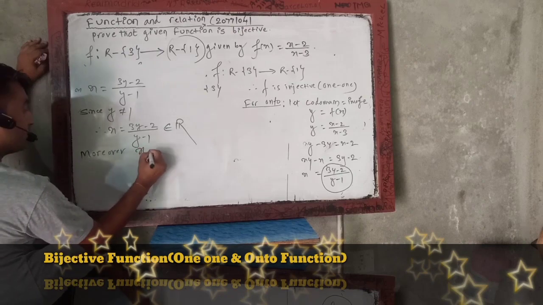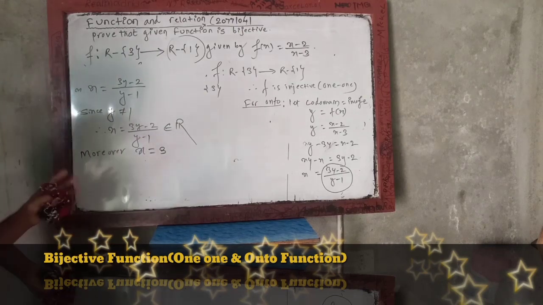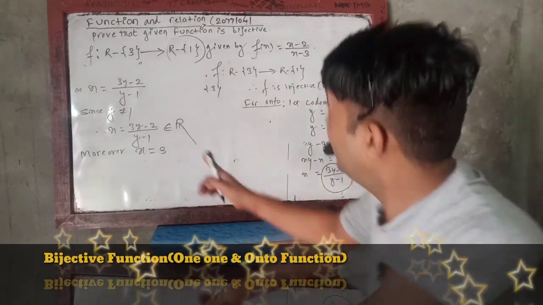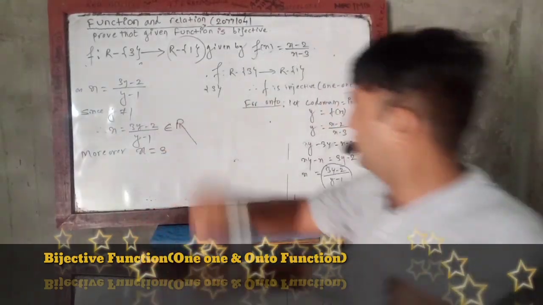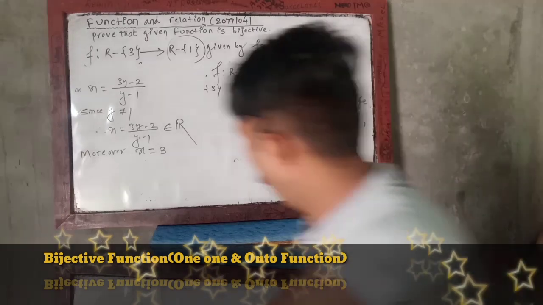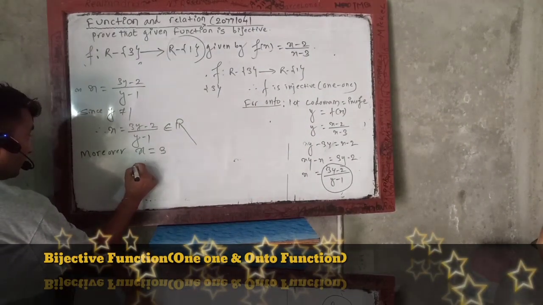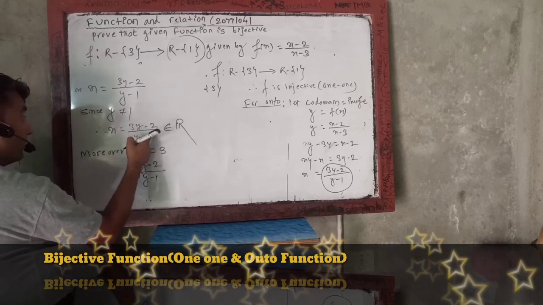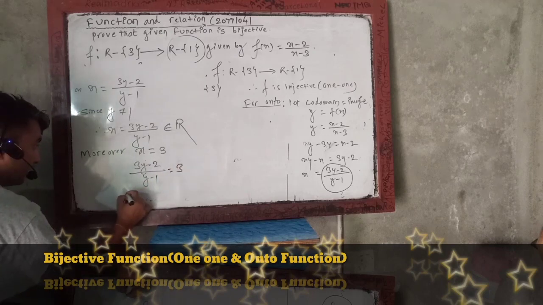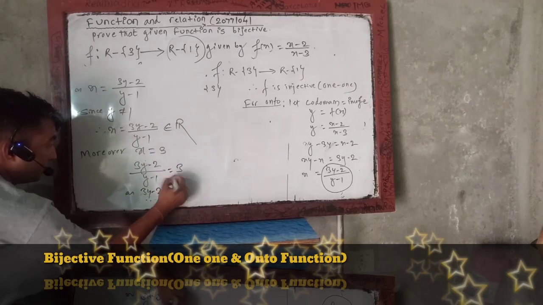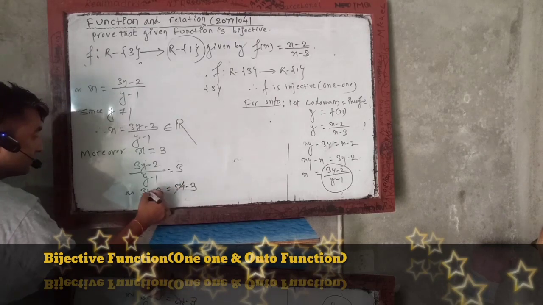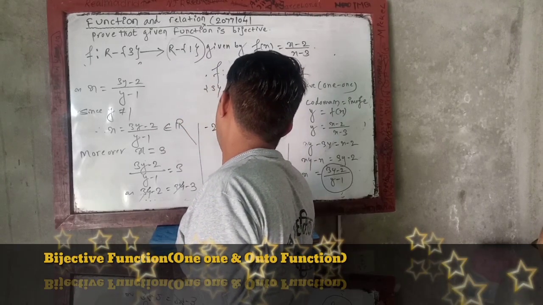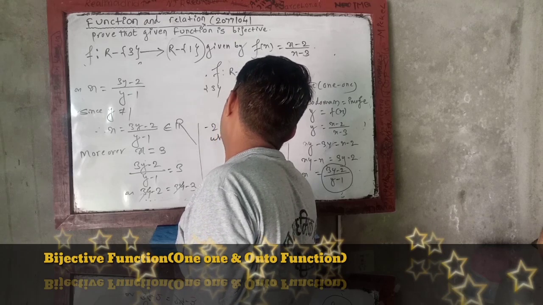Moreover, x equals 3. I am assuming here that the value of x cannot be 3. So let us take 3 and see what happens. x equals 3y minus 2 over y minus 1, x equal to 3, cross multiplication happens, 3y minus 2 is equal to what happens? 3y minus 3, this cancels,